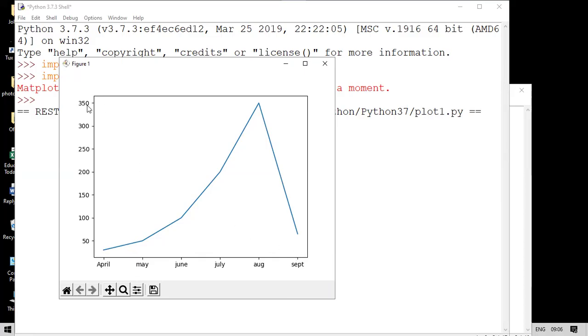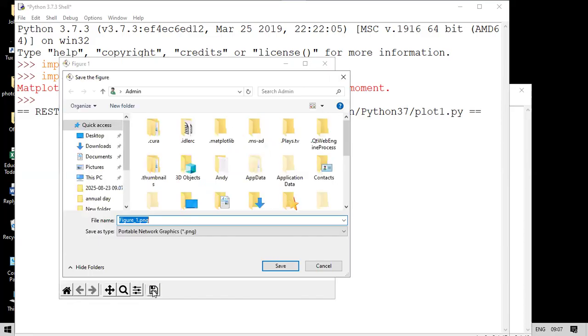Y-axis values का जो limit है set उसने मेरे values के हिसाब से किया. No title, no legend, no label, X label, Y label, nothing is there. Just the basic thing is there. Okay. And you can see it is coming as a figure, a separate figure. We learn how to save that also. There's an option here too, but through the code also I may do that. If I do it through here,